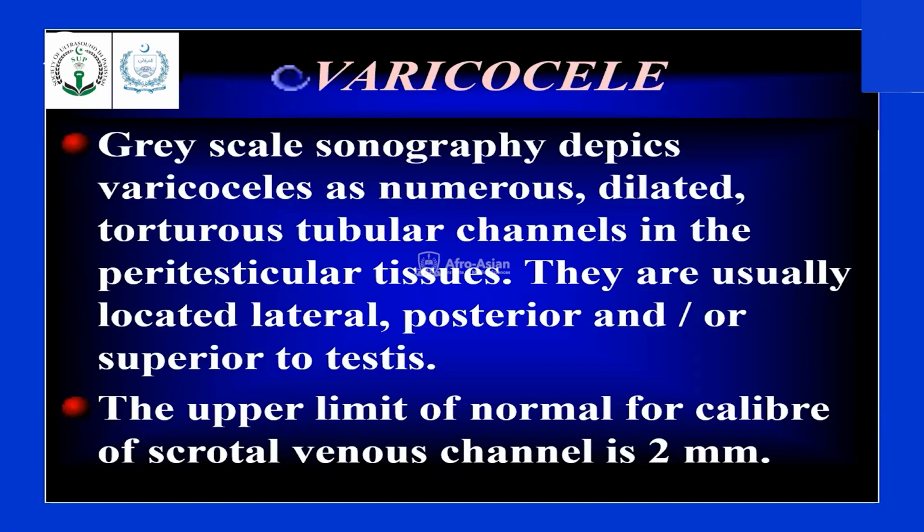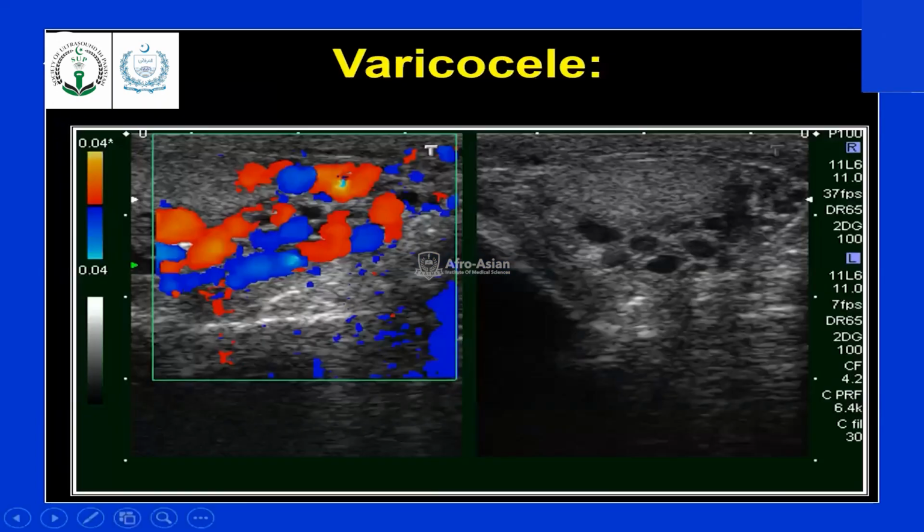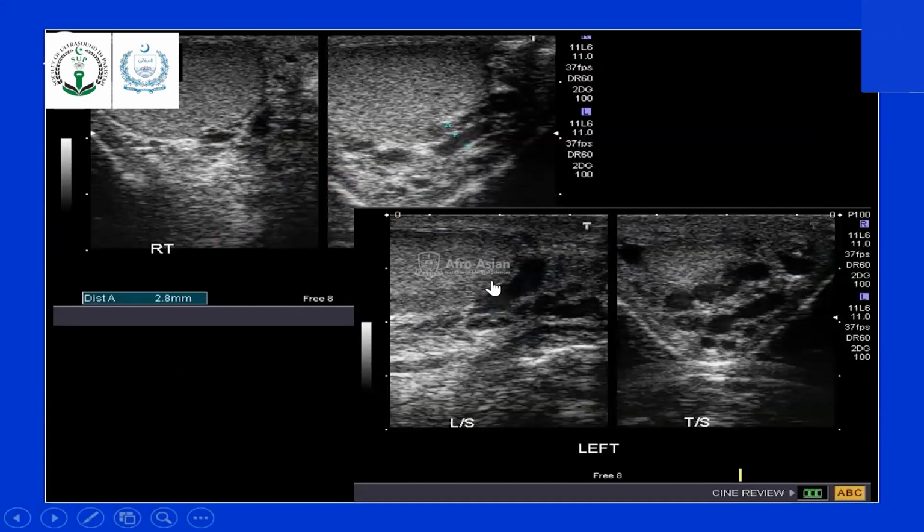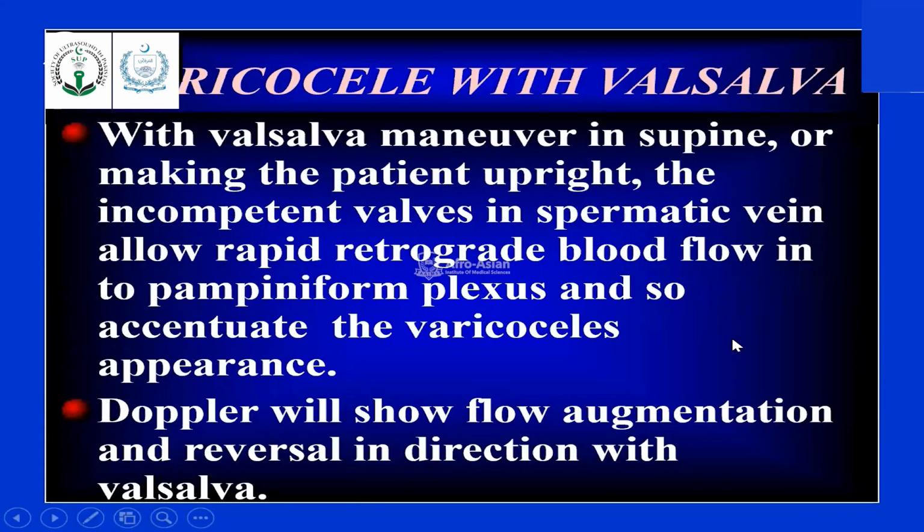The upper limit of normal for caliber of scrotal venous channel is 2 mm. Here in the groin, we have vessels. These are the varicoceles, dilated vessels. Here we have a scrotum, testicle, rete testis, and dilated vessels. Here again,